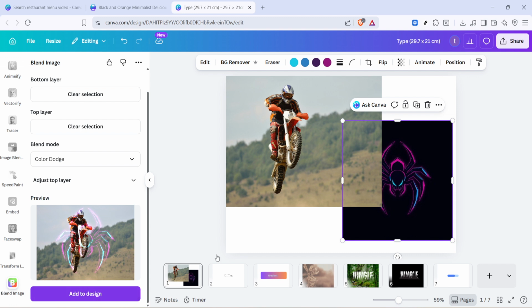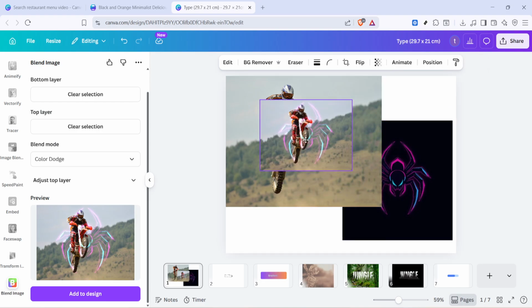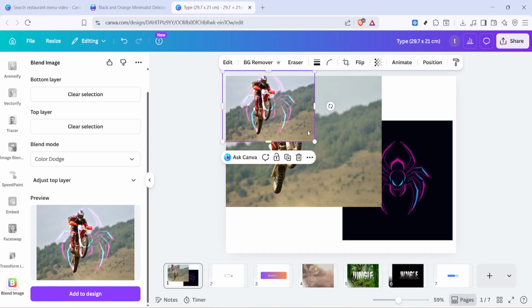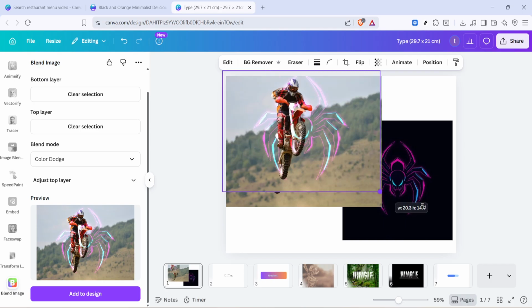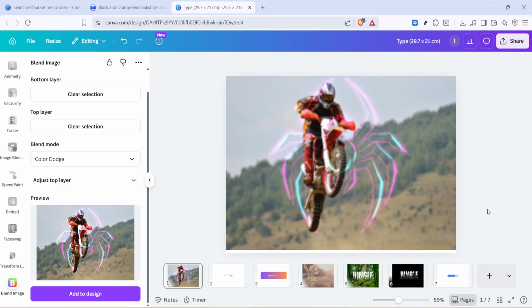When you're happy with how the two photos interact, click Add to Design. Canva will place the blended result onto your canvas as a single element. From here, you can position it, scale it, or align it with other elements in your layout just like any other image. If you plan to layer text or graphics on top, leave some breathing room so your message stays